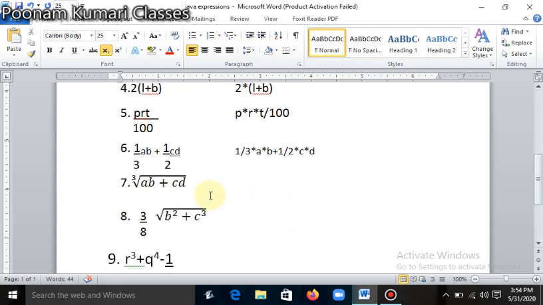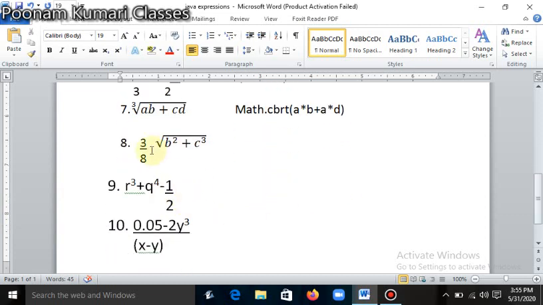So now students, next number 7 is something different. Some questions are also given related to this one to understand it first. This is written 3, and 3 means cube root. For this we use the formula Math, where M should always be capital, dot CBRT. CBRT means cube root. Then in brackets we will write A multiply B plus C multiply D. This is the expression for this. So if 3 is there, then we will write CBRT.